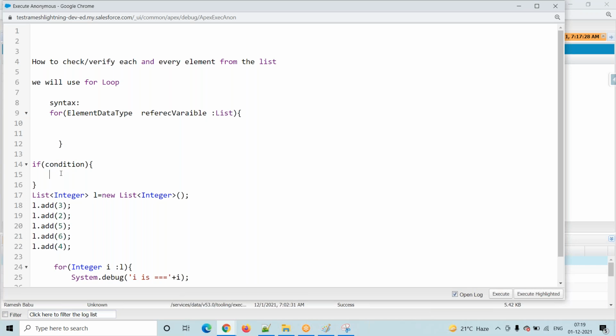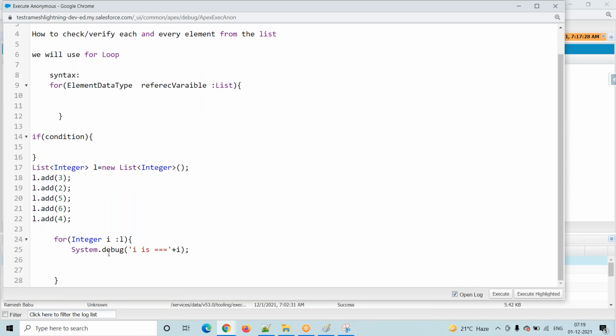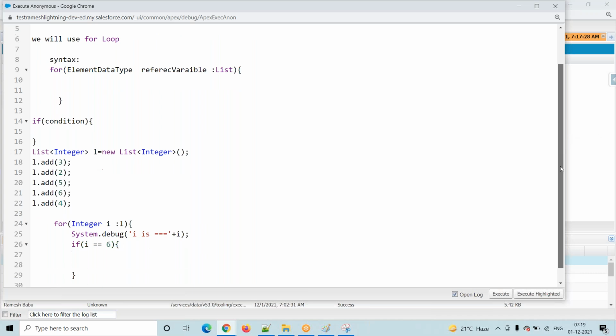Otherwise it will not enter into this block. Here I am writing my condition. If I, what is my condition? I equals to, not single equals to. In an if condition we have to write double equals to. If I is equal to 6, then enter into these curly braces and perform this logic.